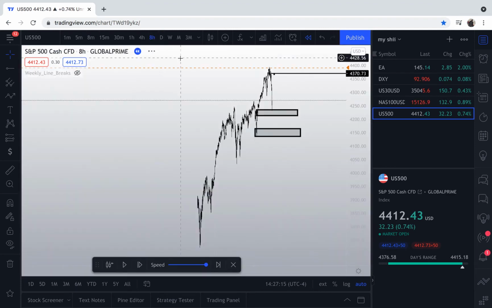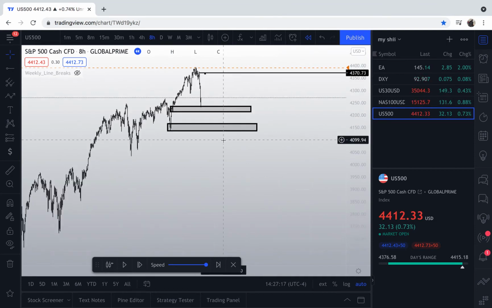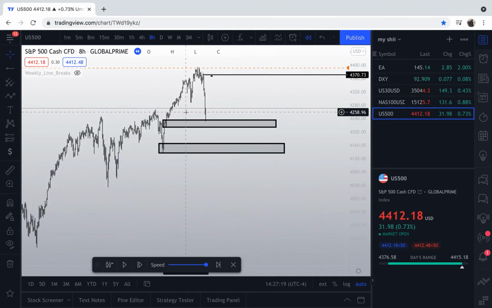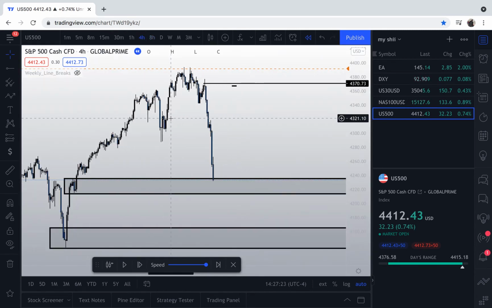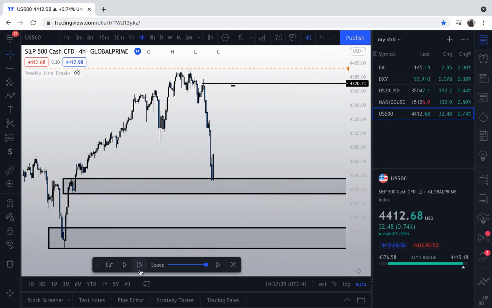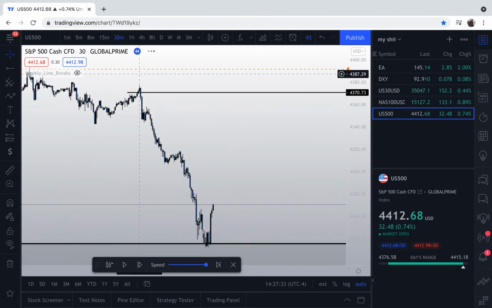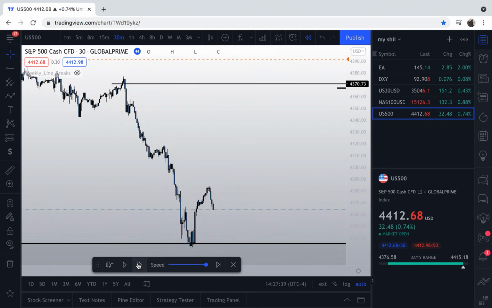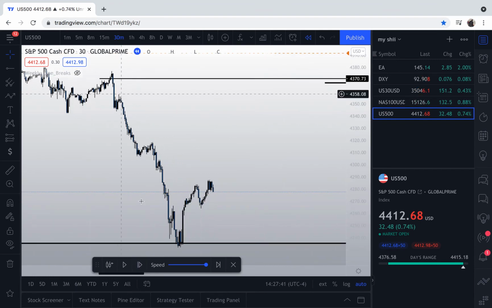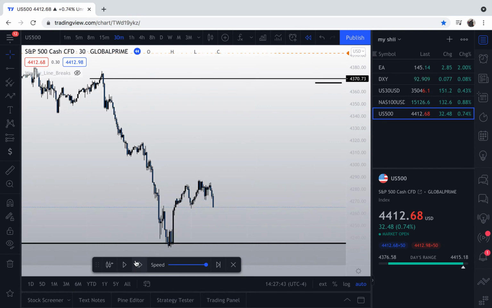Always look at the 8 hour and above. I always say 8 hour and above. And with Forex, the market's a lot more rangy, so there are different rules necessarily with Forex. However, with indices, it's usually trending. So take into consideration that bigger time frame area of interest. So now we're gonna see all these OBs get pretty much just annihilated, because the overall direction of this market is